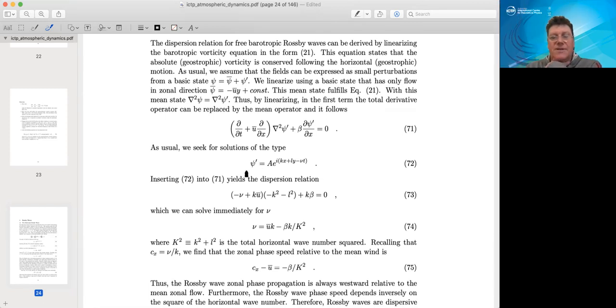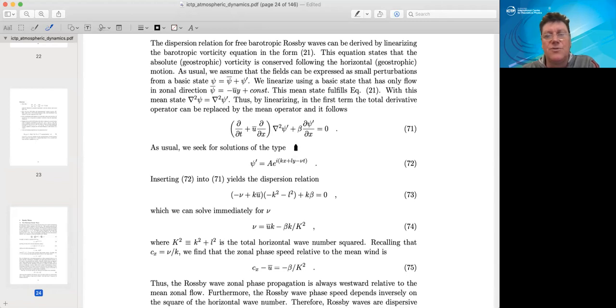So we say our wave perturbation can have an amplitude, and then sine and cosine waves that are expressed as kx plus ly minus nu t, where k is the wave number in zonal direction, l is the wave number in meridional direction, and nu is the frequency. This is our wave that we try to see if this leads to a solution of this,